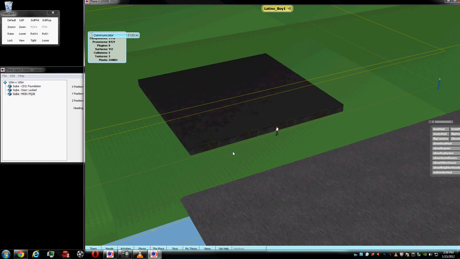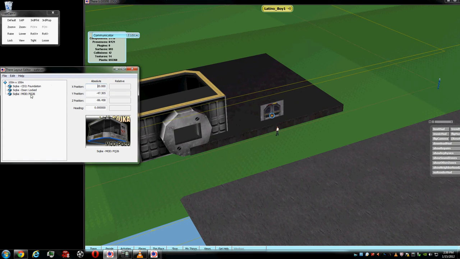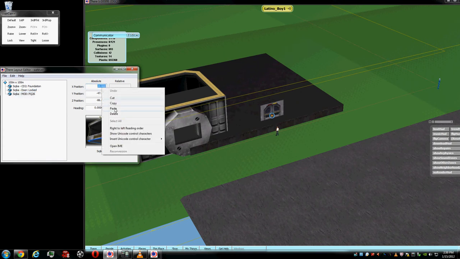When we load this up, it should move the PQ26 to the left, as you see obviously here. You can see the door out of place because we just moved the object to the left here. So now you kind of see how that works a little bit there. So what I'm gonna do, I'm gonna put this item back, because I saved, and I'm gonna put it back